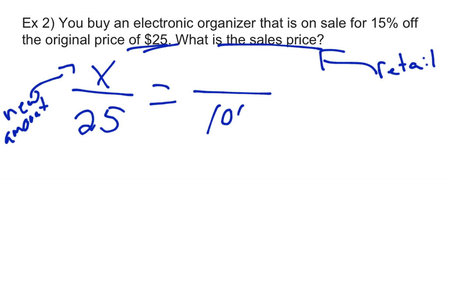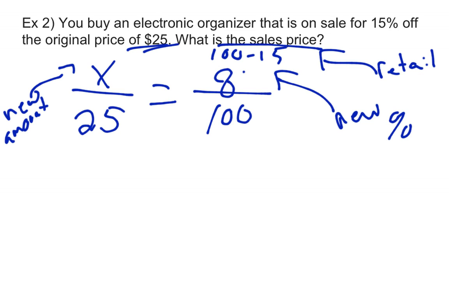Okay, I know the 100% is going to go here, but here's the thing: if I'm going to say that X is going to be my new amount, then this has to become my new percent. It's not the 15% over 100. Since I know the price is going to go down 15%, I have to do 100 minus 15 to tell me that the new percent is going to be 85%. Okay? Then we can cross multiply and divide, and you're going to find out that the new price ends up being